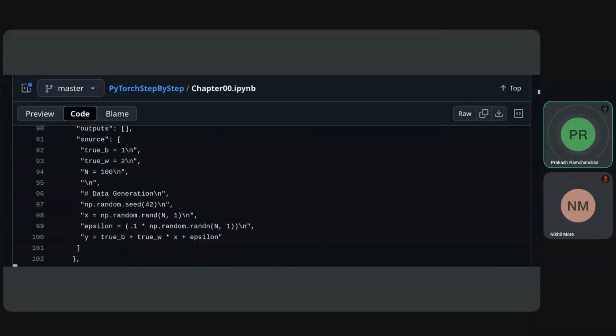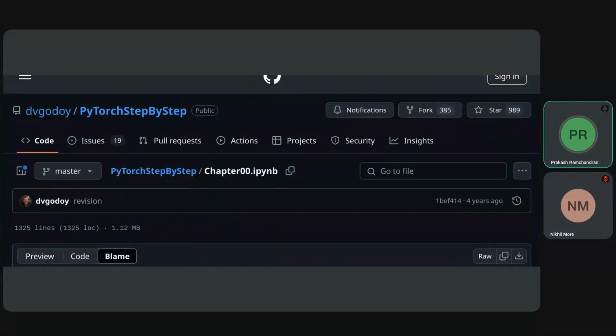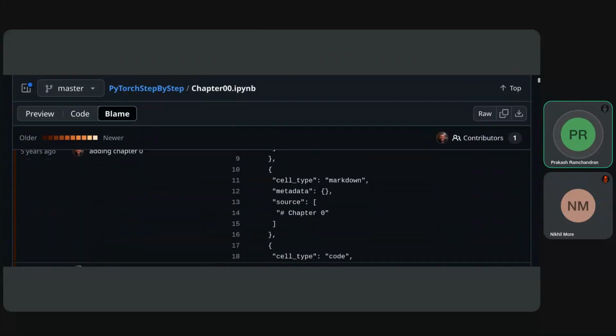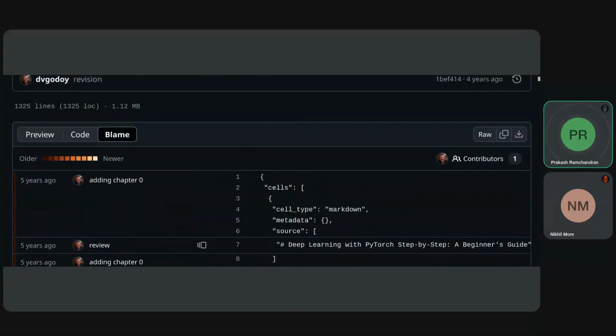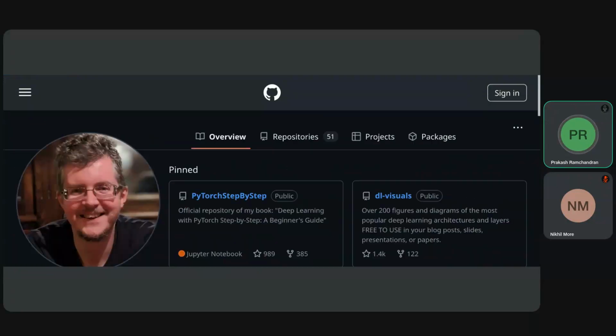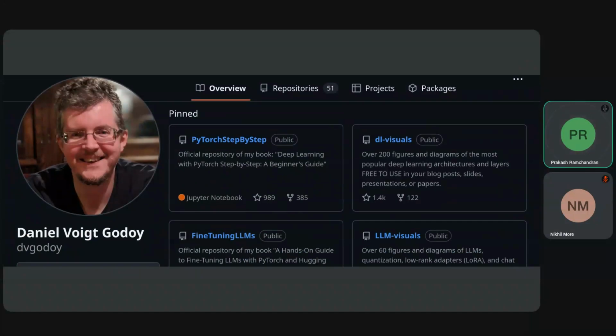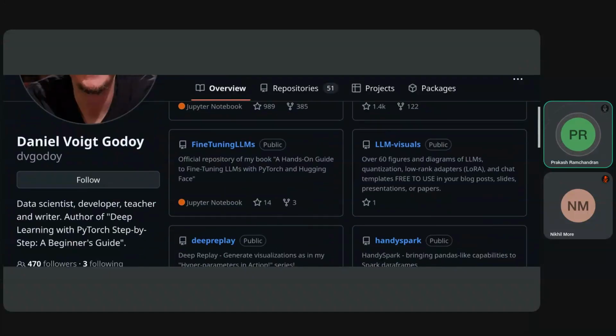You just put it into this one, and if you just want to check the detail about the code, you can simply go and look into the code, blame or preview, whichever way you want to use. So this is the PyTorch step by step by Daniel Voigt Godoy, so that is why DV and then Godoy. Daniel Voigt Godoy is the one who has provided this PyTorch step by step, and we will